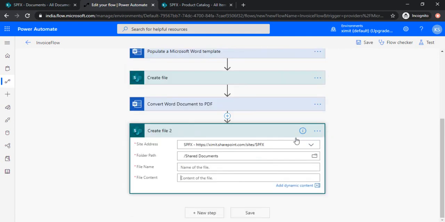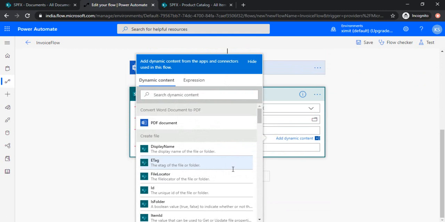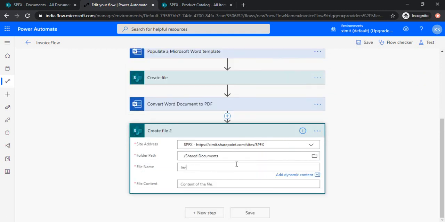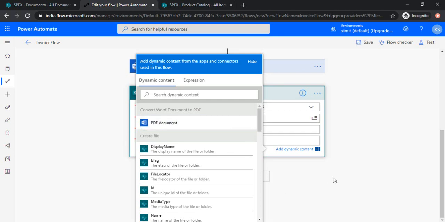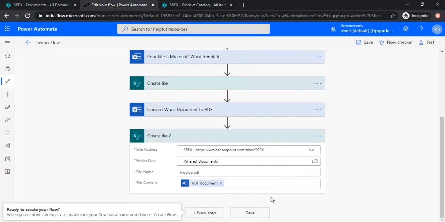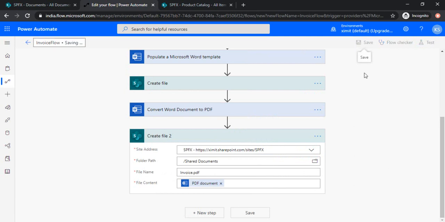In the name of the file, let's name it invoice PDF, and in the content of the file we need to choose the PDF document which we created in the previous step. Now saving this flow,